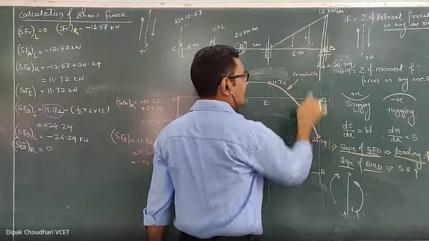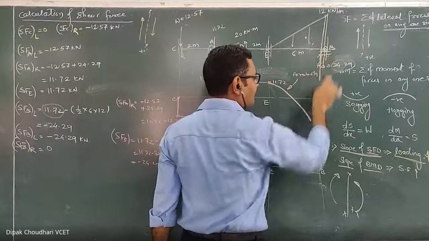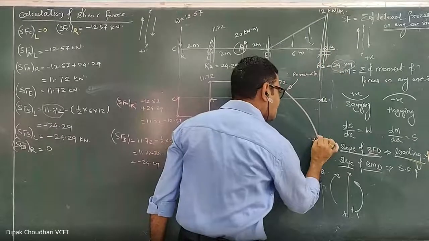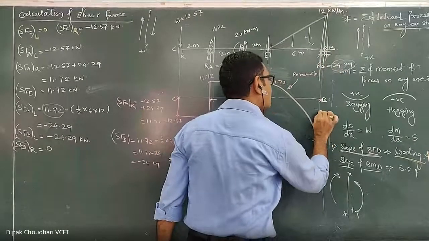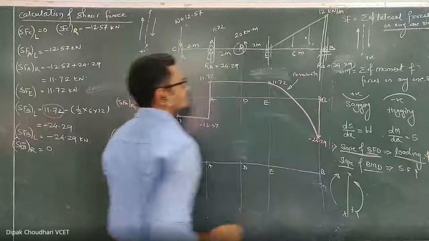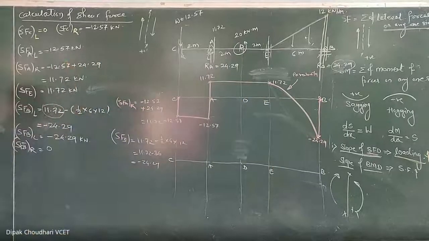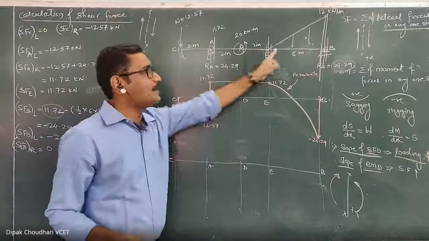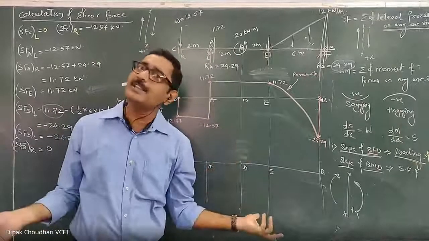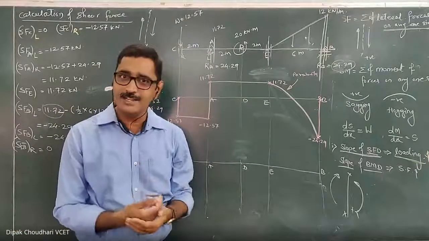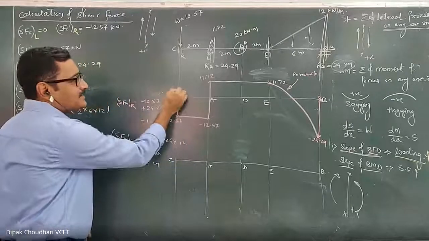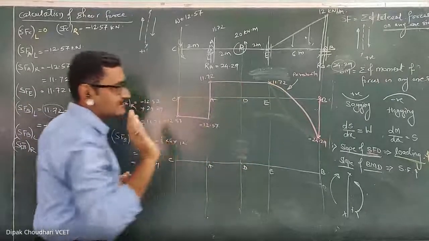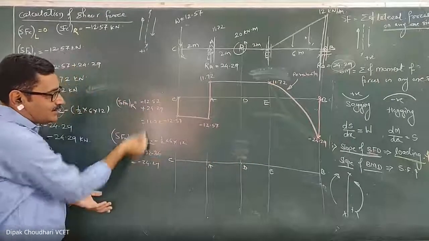Now from here at point B, there is an upward point load of 24.29. So from this point move upward 24.29. Finally, you will get 0. Got my point? Here you can do such type of calculation, mark the point, and by observing the loading diagram, you can join that point by the proper curve. One thing, that is method. Second method, start from left and move in the direction of the applied forces. Whenever you require to do the calculation, you can do such type of calculation.